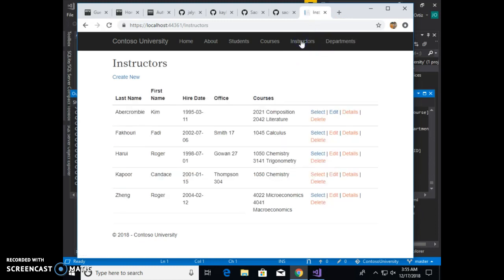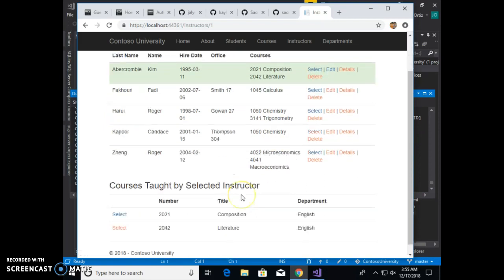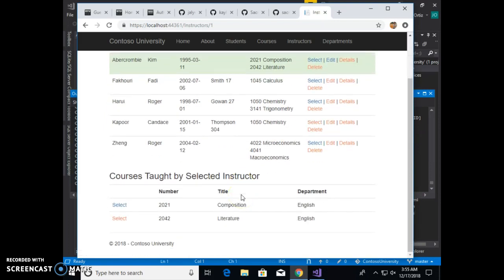We'll go to instructors. So here are the instructors. And I guess we can first do the select. And then when you get the select, it shows the courses taught by the selected instructor. So for Kim Abercrombie, this instructor teaches in the English department, composition and literature. And so if you select one of those,